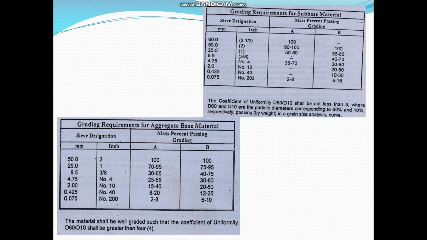These are NHA classifications which have been provided by the National Highway Authority, and your aggregate or your material of that particular size should not exceed the limiting values. For instance, if we say that the pavement is using specification A of subbase material, then in the specification, if you see on the top table of the present slide,